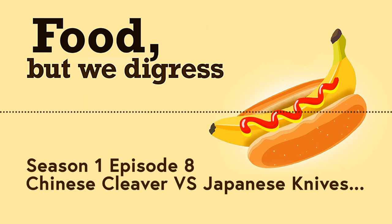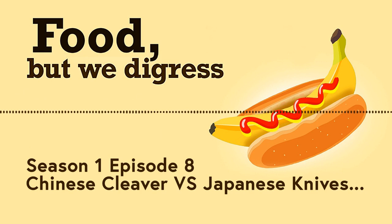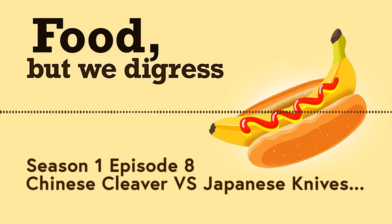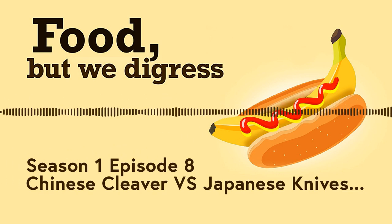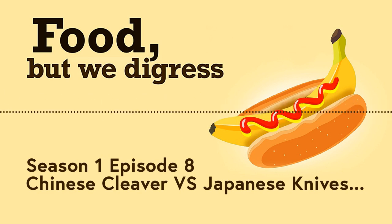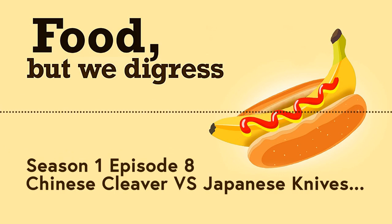But I think it's easier for the general public, if you're not actually going to use a knife but just watch videos about it or be interested in something like that, there's more to be interested in with Japanese knives. There's not with the cleaver. It's there for work to get the job done. It's not flashy. It's not fancy. It's not even really that interesting. But if you've got a lot of work to get through in the kitchen, and you don't want to constantly be changing, and you're not a sushi